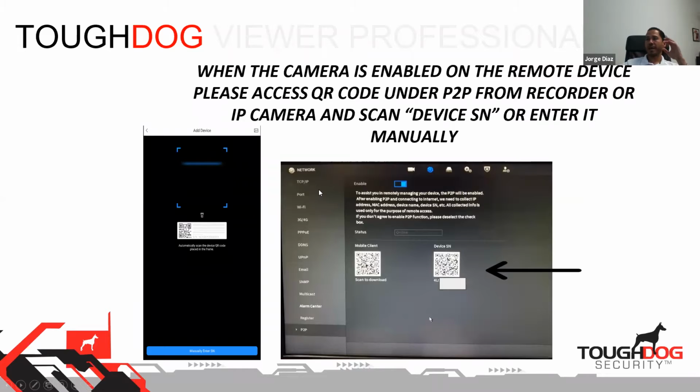So whenever you allow the camera to work on your phone app, then the camera is going to become a scanner. I'm sure you're very familiar with this, right? So you will need to come in and scan the device SN. This other QR code will help you to go to the Android Google Play Store or the App Store to download the phone app. Okay, so the one on the left is to download the phone app. The one on the right is the actual serial number that you want to scan to add a device. Okay,